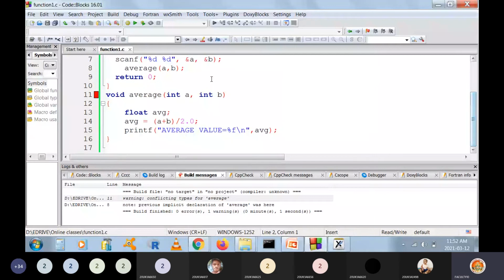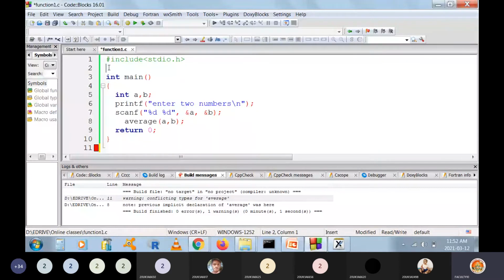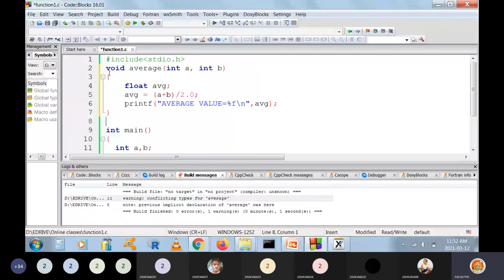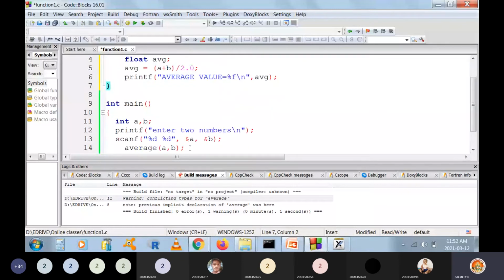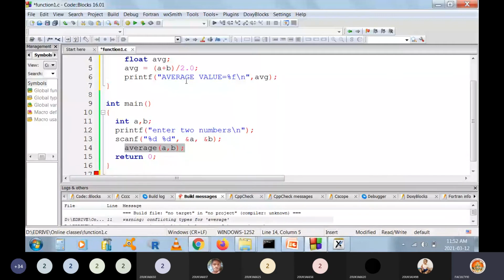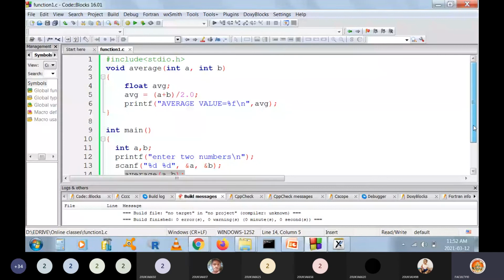Or in another way, you define the function first. If you define the function first, what happens during compilation? It compiles this first. Oh, this is called the average function, it is going to use it, it understands. Then inside main, when you call this average function, directly from here it goes to this place and executes this function. Now it won't give any error or warning. See here, zero errors, zero warnings, because the compiler now knows where the function definition is.